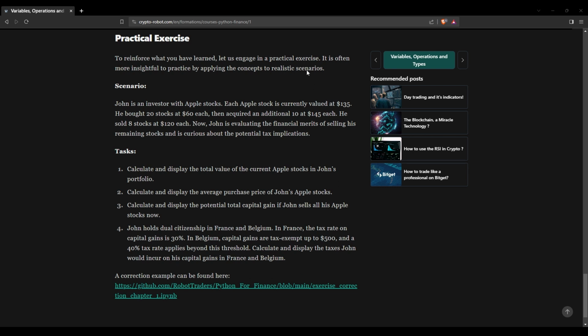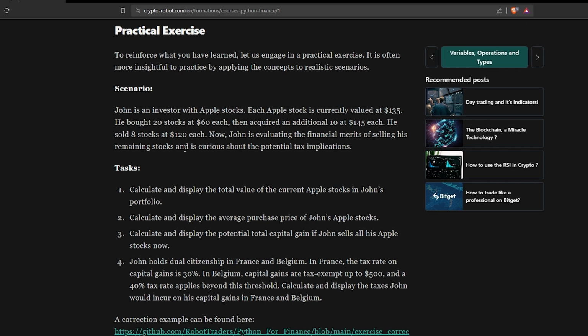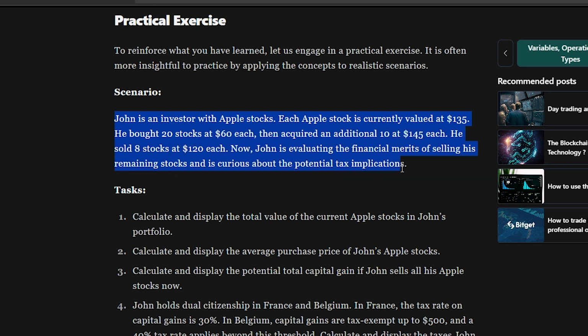You can find it written at the end of this chapter on our website. In this exercise, basically, you want to help John understand what to do with his Apple stocks. You can see that they're currently valued at $135, but he bought 20 of them a while ago when they were worth $60. Then he got 10 more at $145, but he did sell 8 at $120 each. And now John wants to know basically if it's worth selling them now, and he's also curious about potential tax